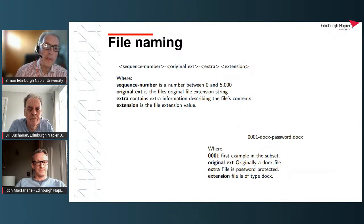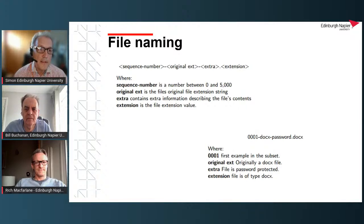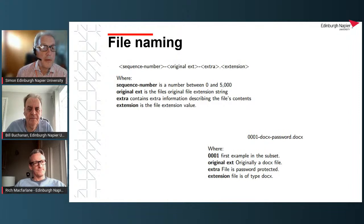So, as an example of how the files have not retained their original name, we've implemented a naming convention to allow visually for the file name to in some way self-document what it contains, but also document how it relates to other files within the data sets. So the basic naming convention is we have a sequence number, which starts from 1 and ends on 5,000. Then we have the original extension of the file, and the reason why we have that is because